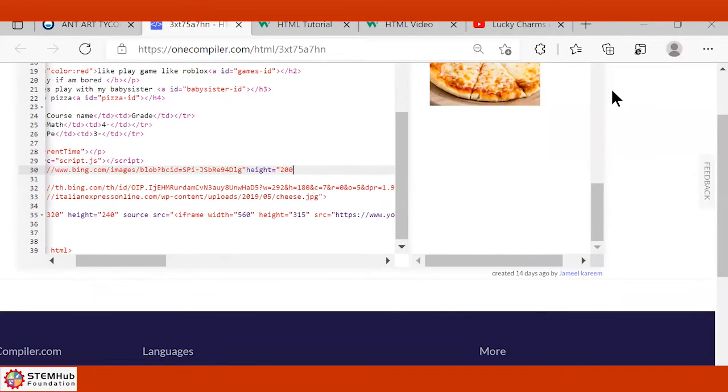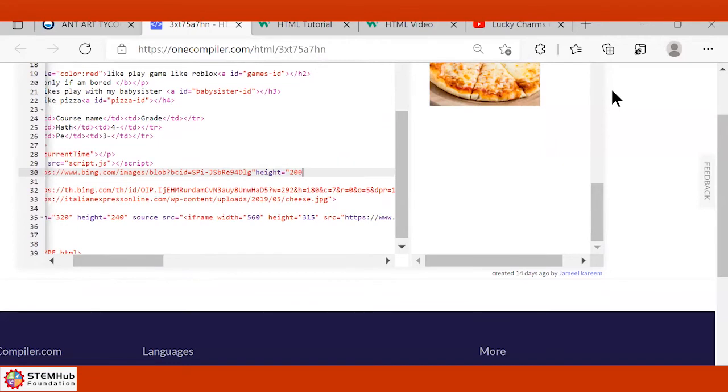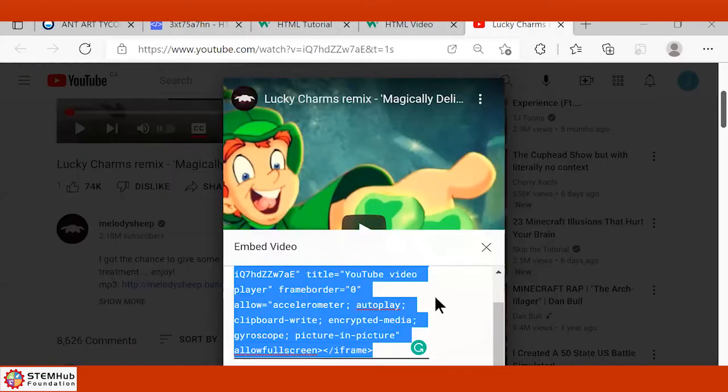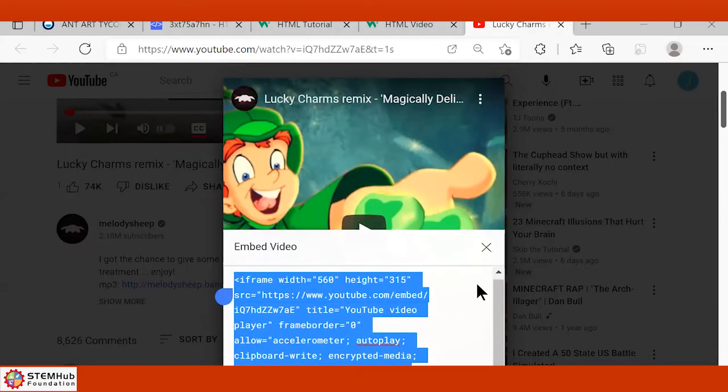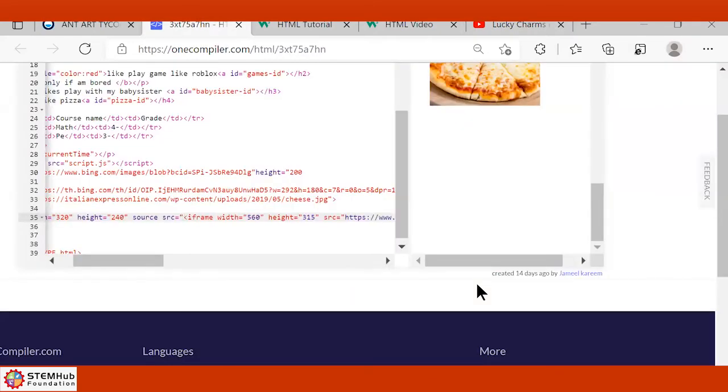Did you paste it? Yeah, I pasted it from here. No, you're supposed to go back to the YouTube video and copy. Click copy. I copied it. Now go back to one compiler, make a space.